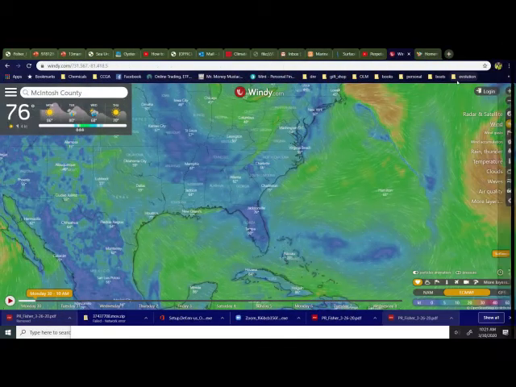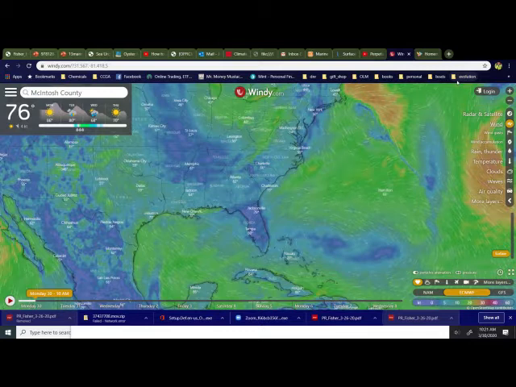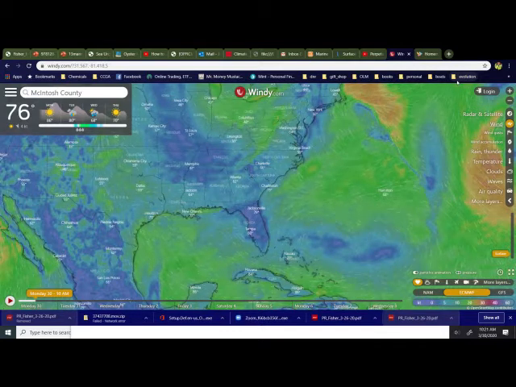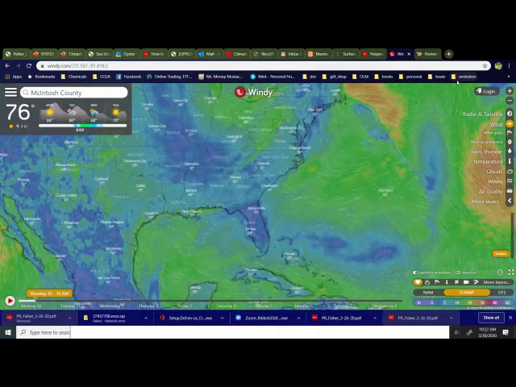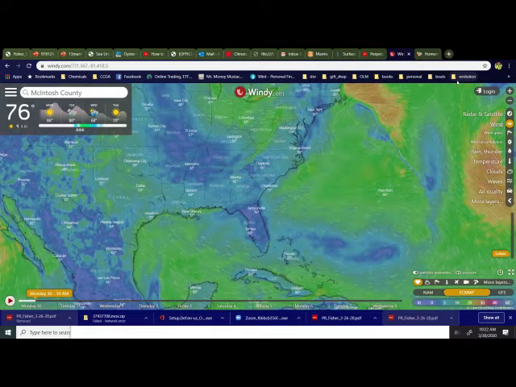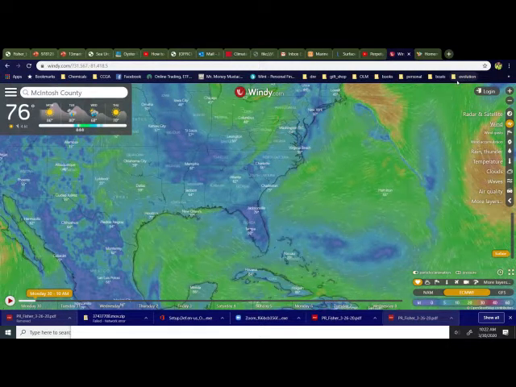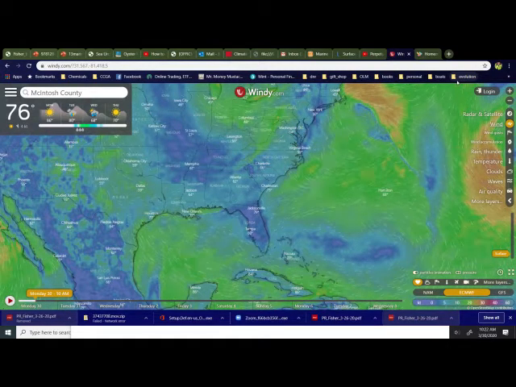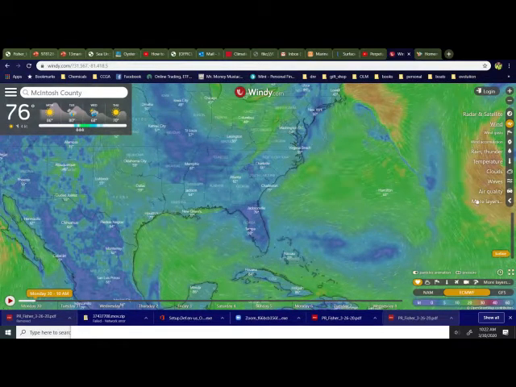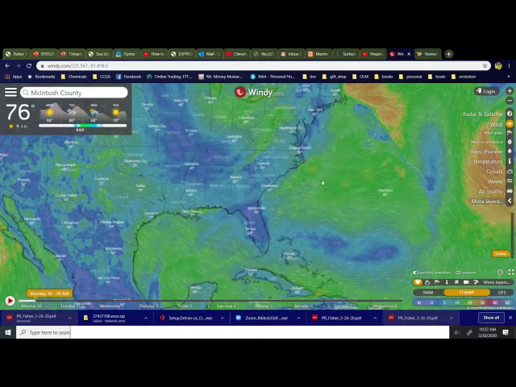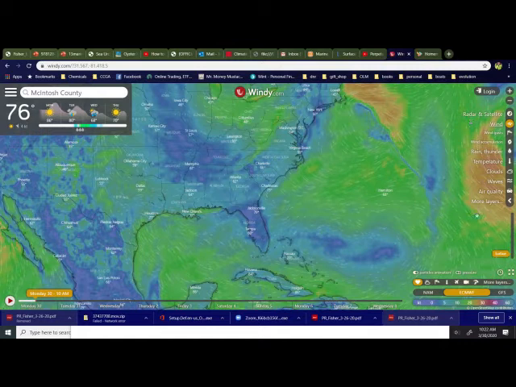Hey everybody, for our lab on ocean surface currents, we're going to start by investigating currents on windy.com. You can navigate to windy.com, and this is what you're going to see when you start. Windy has a bunch of meteorological information on it, but the information you want to get is not about wind, but about currents. To do that, you're going to come over here all the way to the right,